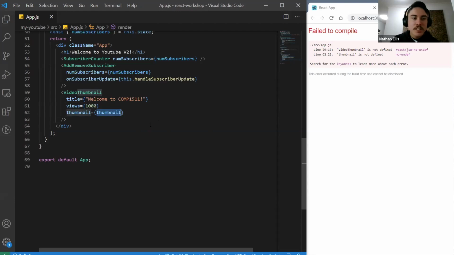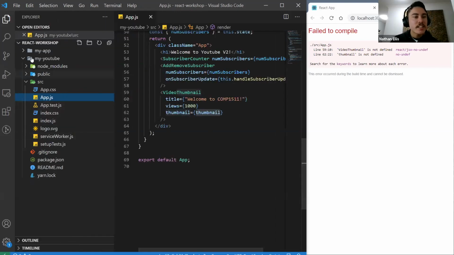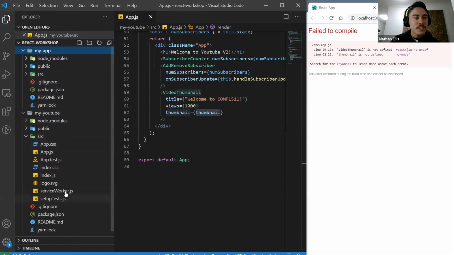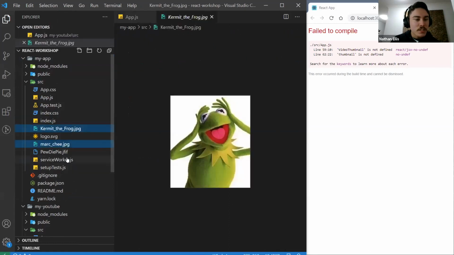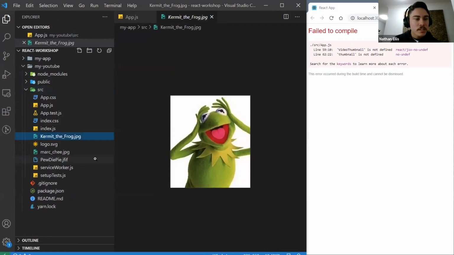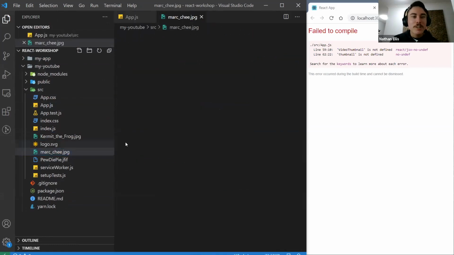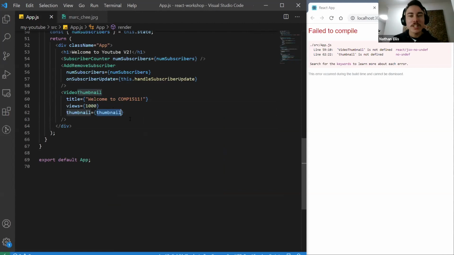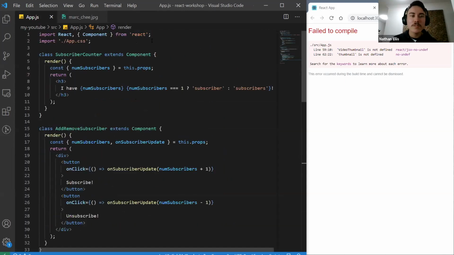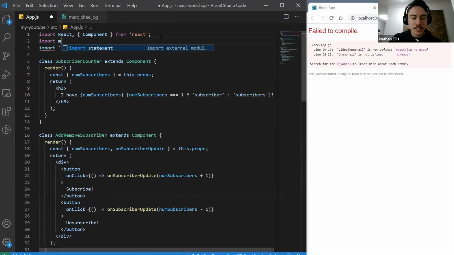We also need a thumbnail. Lucky for us, I did add a bunch of little images. So let's ignore this for a second. I'm going to add a few spoilers there. I'm going to add a few images, and Kermit the Frog is there. Excellent. What I was going to say is we have Mark G. So here's Mark G. Here's his profile picture. And that's going to act as our new thumbnail for the video. So we can access this by doing markg.jpg. That's the name of the file. We can go import markg.jpg